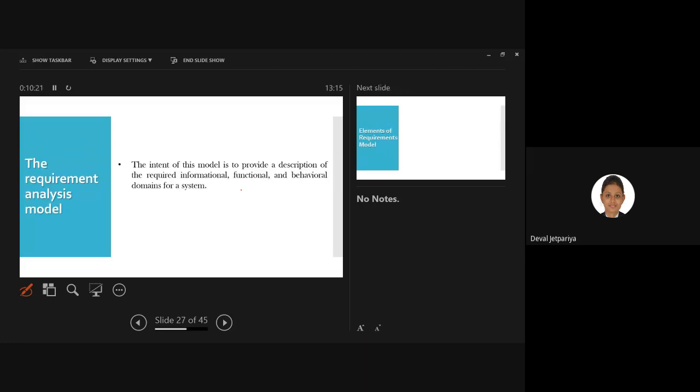Fine. So the requirement analysis model, that means the intent of this model is to provide a description of the required information, functional and behavior domain for the system. So these UML diagrams are used to represent either the structural view or the behavior view of your system.